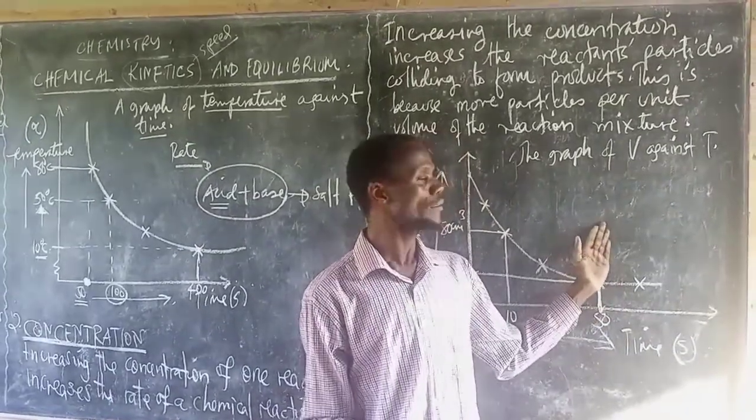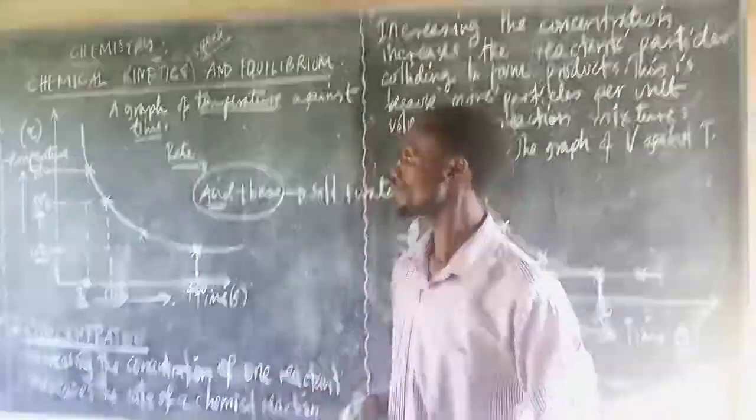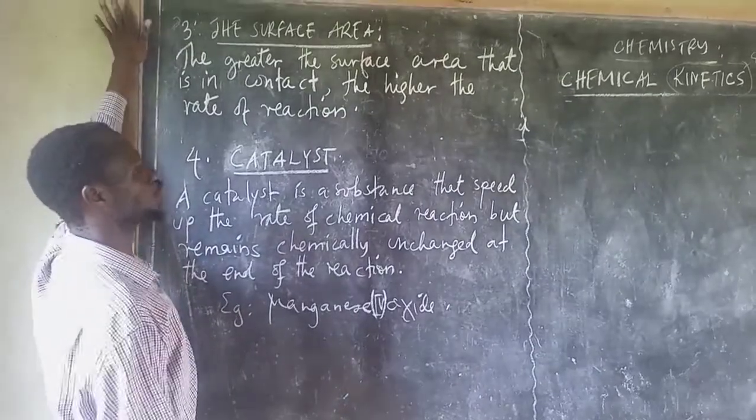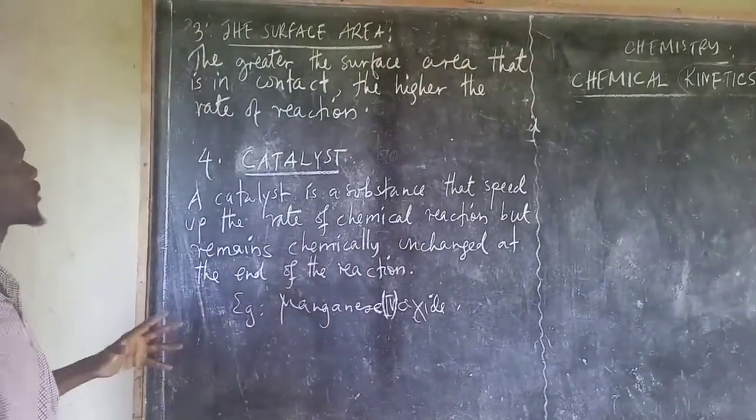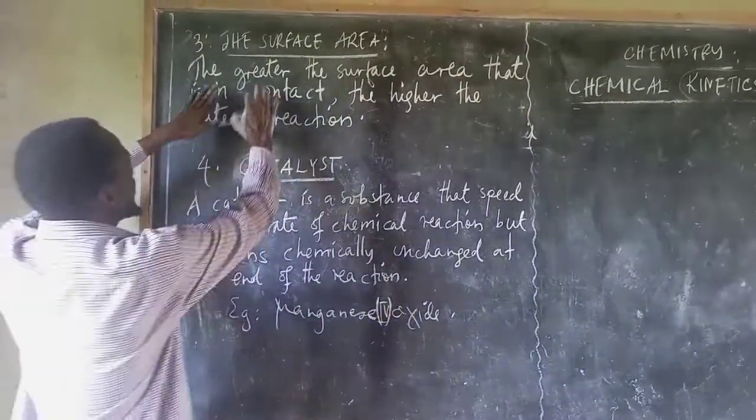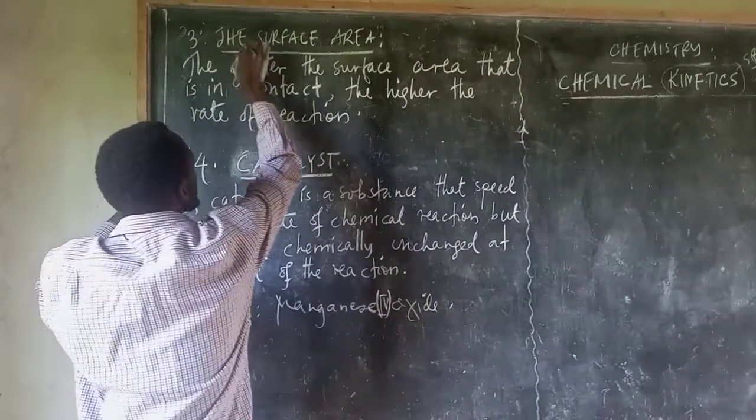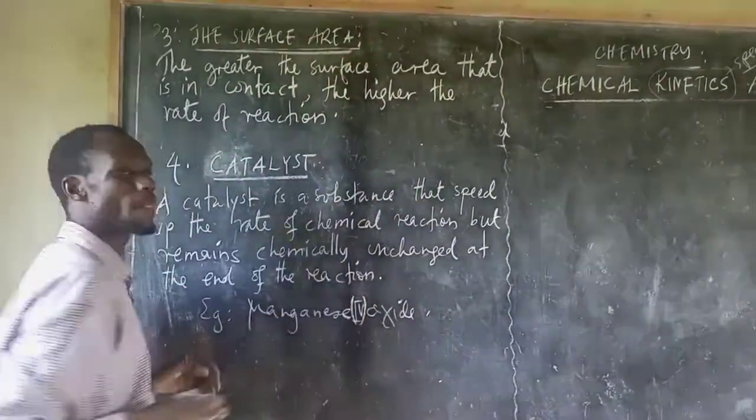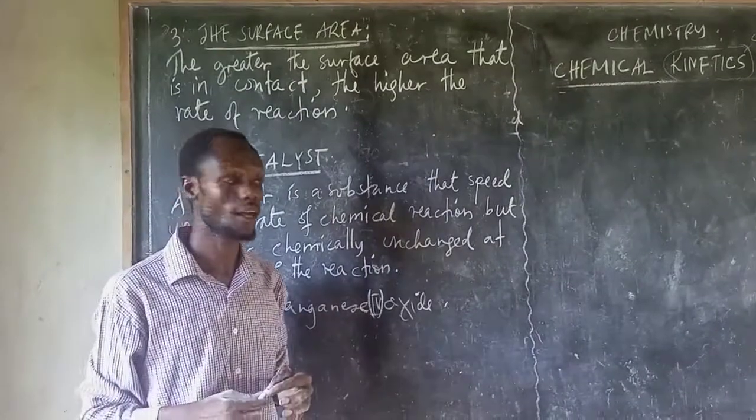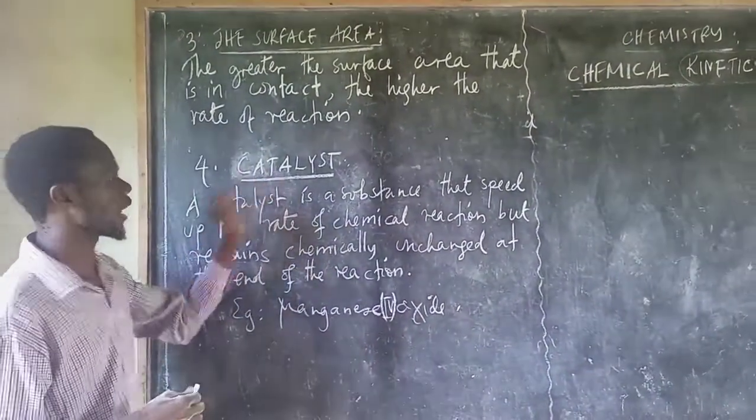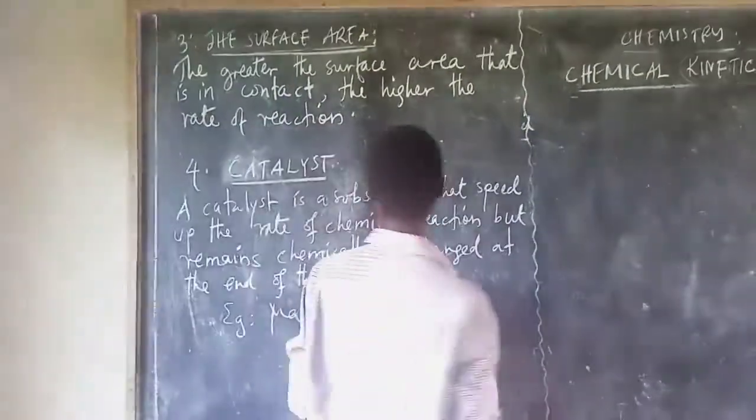And then next factors is right here. We have the third factor on which now the rate of the chemical reaction depends on. Now, the third one is called the surface area. It is called the surface area. And the first one is called catalyst. The surface area,